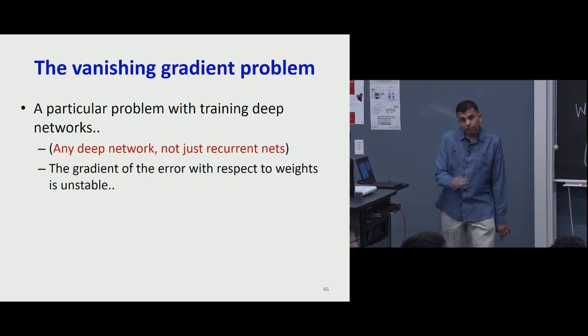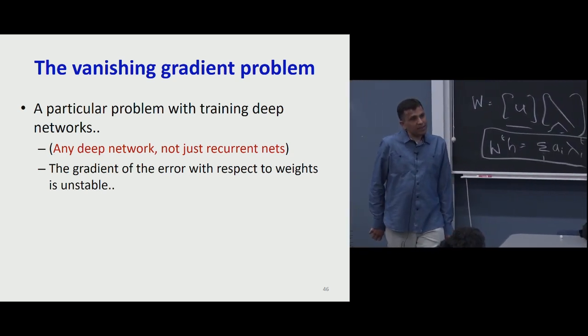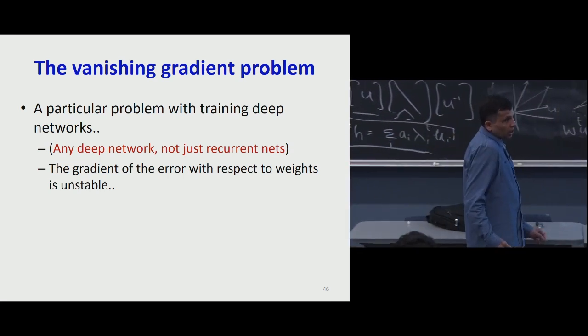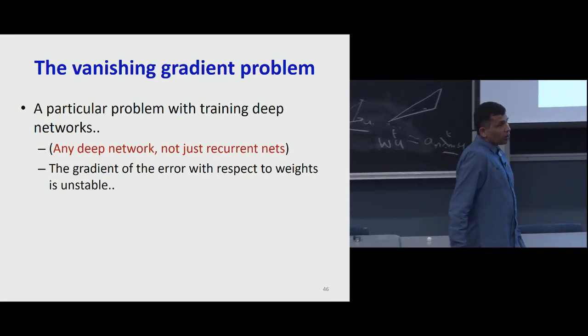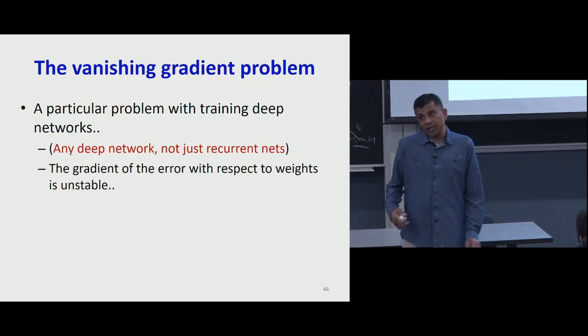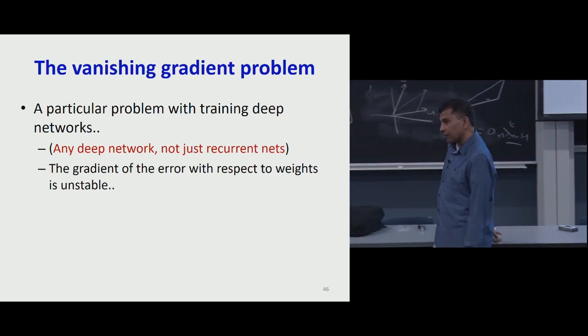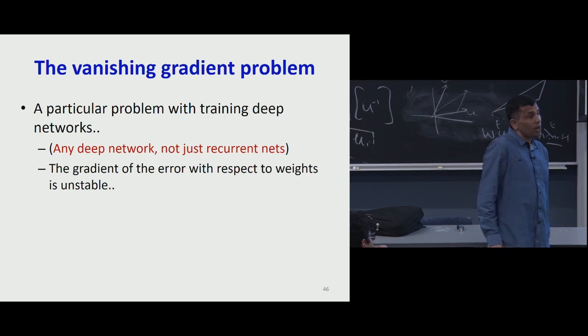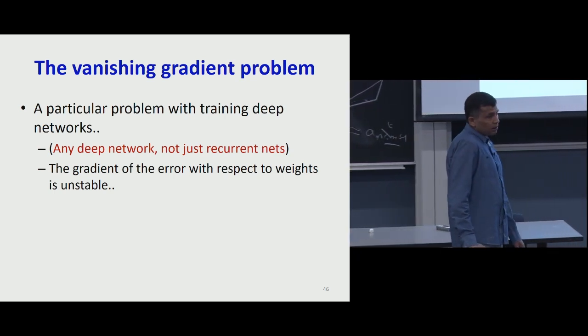So there's a second problem, besides the fact that the memory is not merely a function of the input, but also a function of the parameters, right? And it largely tends to be more a function of the parameters than of the input. That's one problem. There's a second problem that's about how well you can learn things, and this is the so-called